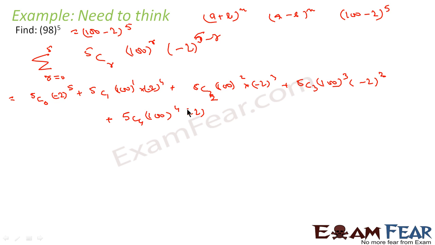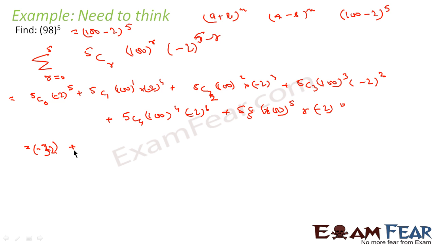2 to the power 1, plus 5C5 into 100 to the power 5 into minus 2 to the power 0. This is the expansion. So expand this, you get 5C0 is equal to 1 into 2 to the power 5, minus 2 to the power 5 is equal to minus 32 actually. So we will say minus 32,